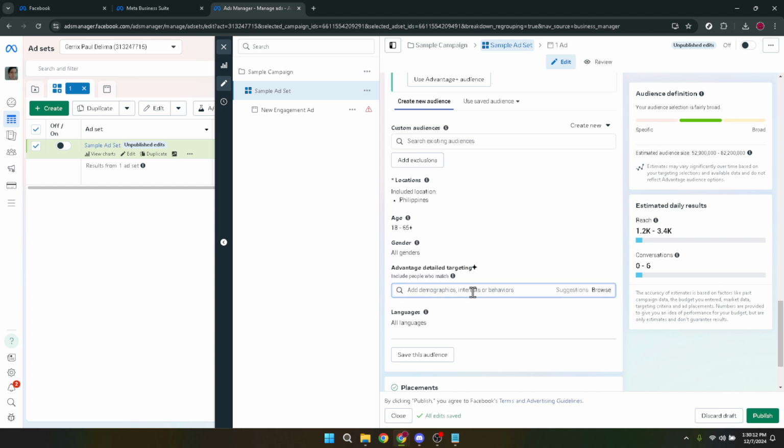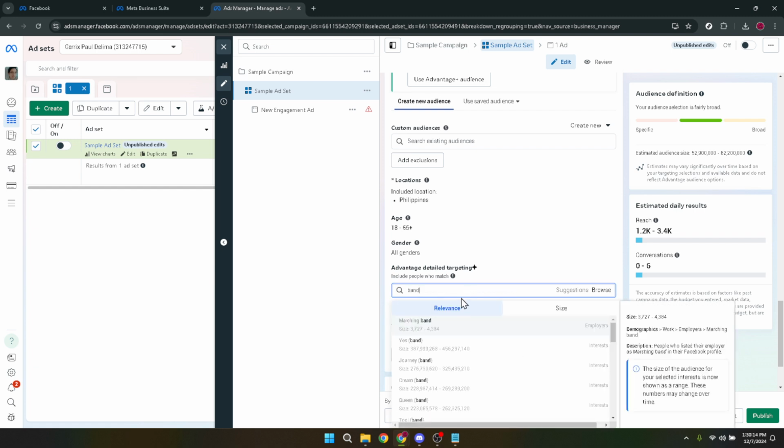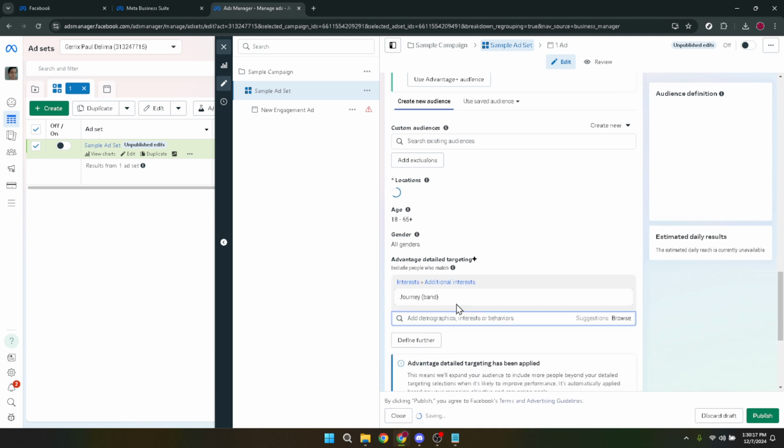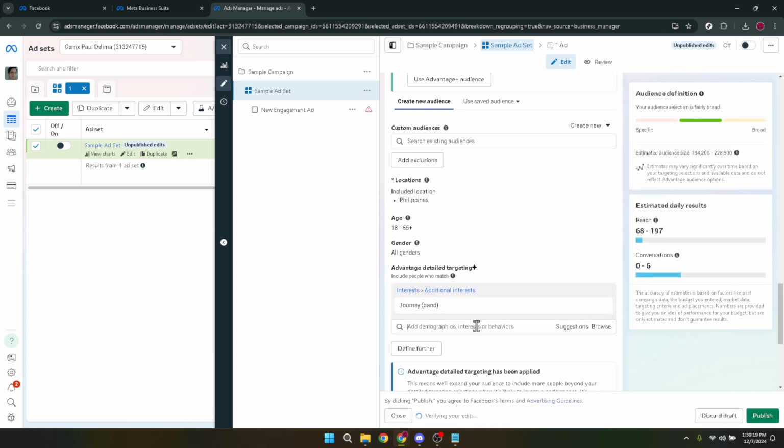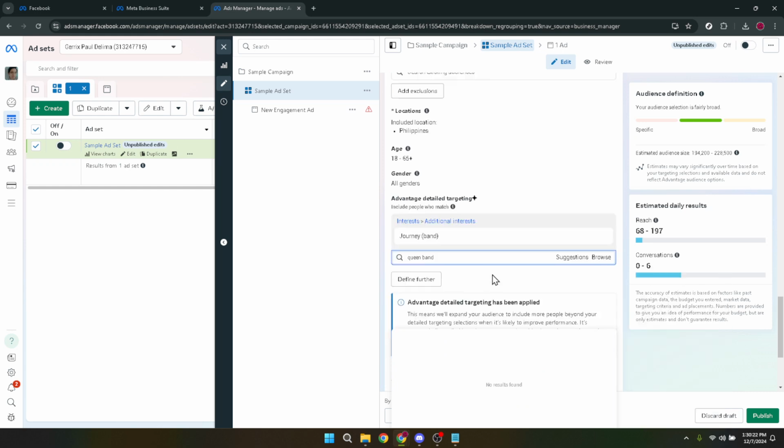With these steps, you've taken comprehensive actions towards boosting the reach of your Facebook ads. Remember, reaching a wider audience is crucial, but it's equally important to target the right audience. By fine-tuning your ad sets and using the advantage of detailed targeting, you're setting your campaigns up for better performance and ultimately a higher return on investment.